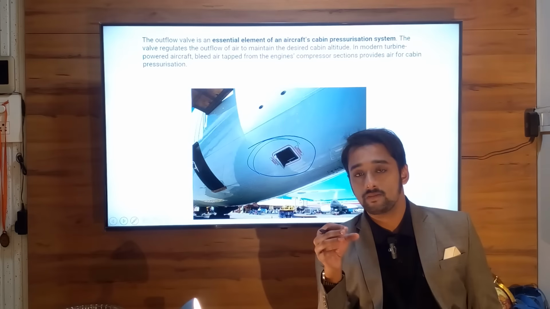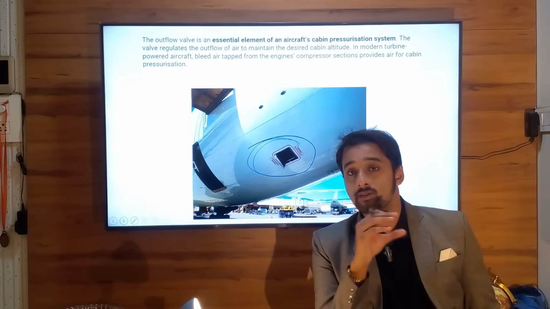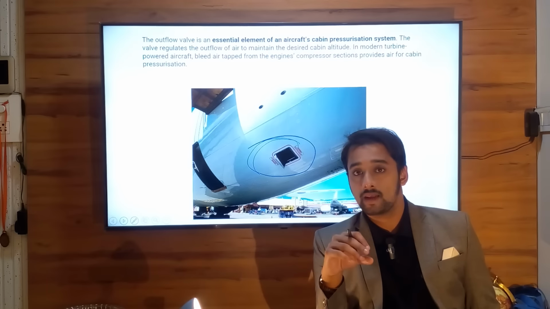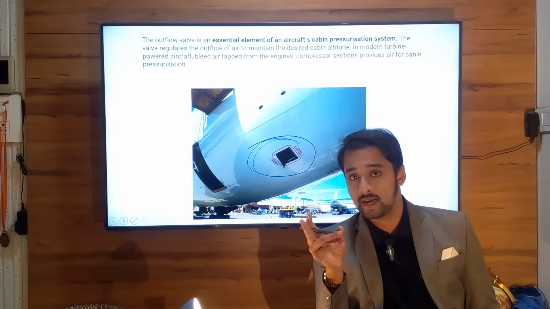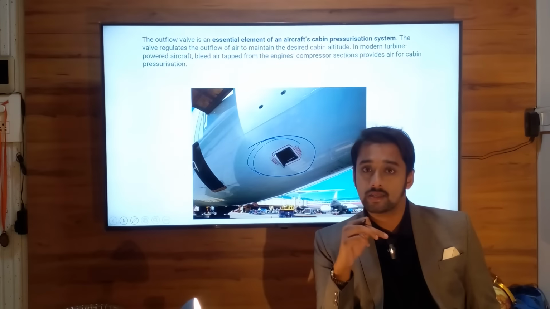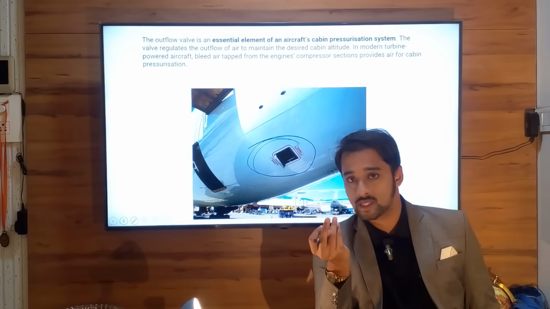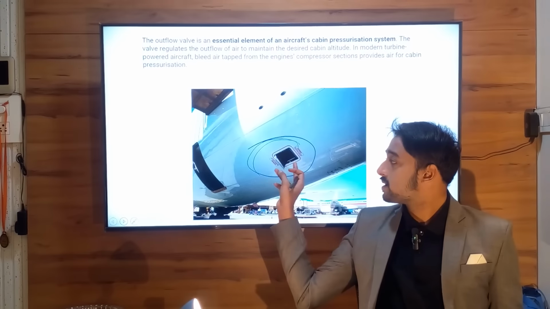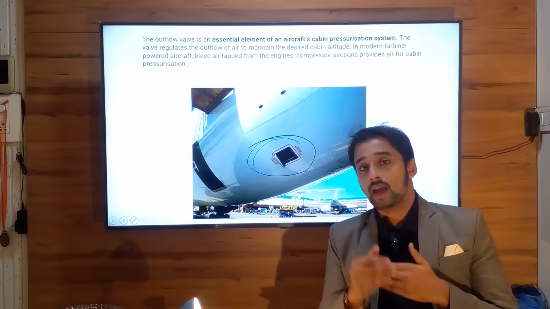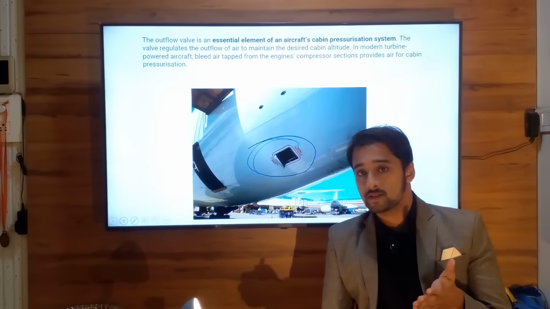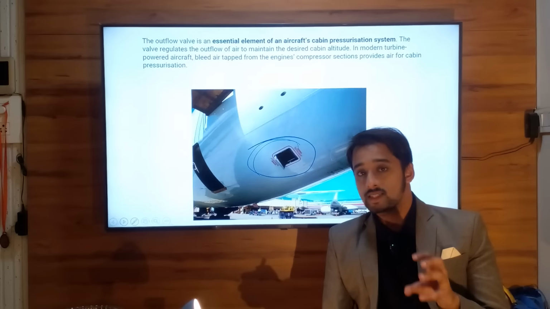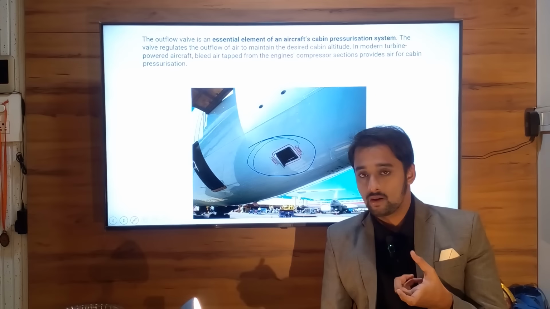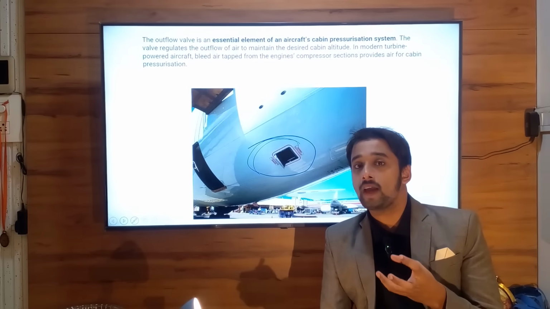So highly compressed air enters the fuselage of aircraft in the cabin where all passengers sit, and that cabin air needs to go outside that fuselage also. So the air that enters is also exhausted, is also dumped outside, and that is done with the help of outflow valves that we have in this picture. These outflow valves, what they do, the cabin air that is existing in the cabin, it sends that cabin air outside in the atmosphere at a particular rate, depending on how much pressure we have to maintain inside